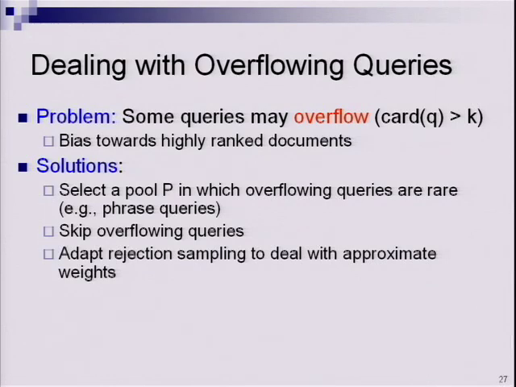The problem is that the bias weights we compute are no longer accurate. Because if you remember, the bias weight in our case was 1 over the degree of a document. The degree assumed that you can just look at a document and know which queries it matches. But you will not know from the document itself which of these queries are overflowing and which are not. Now, we are using only the non-overflowing queries, meaning that the actual degrees are different from what we compute. So now what we have is only approximate bias weights. These are not real bias weights, which can totally spoil what rejection sampling and the other Monte Carlo methods do,